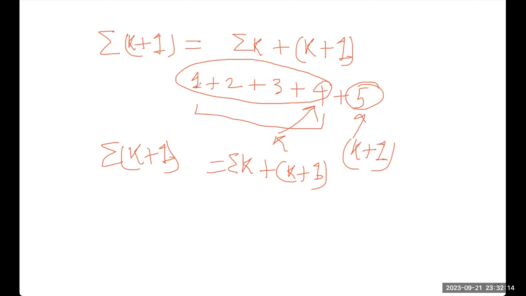I have given you an example. Let's say 1 plus 2 plus 3 plus 4 plus 5 is this. Let's suppose 1, 2, 3, 4 is k, and k plus 1 is 4 plus 1, which is 5. So this entire thing, 1 to 5, is k plus 1. Here to here is k, and this is my k plus 1. Can I write it as summation of k plus k plus 1? Yes, I can write. Did you get it? Okay, fine. So this is what I have written here.